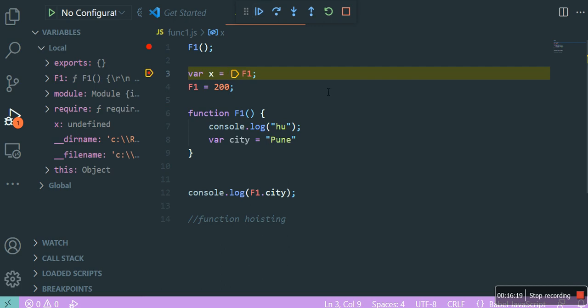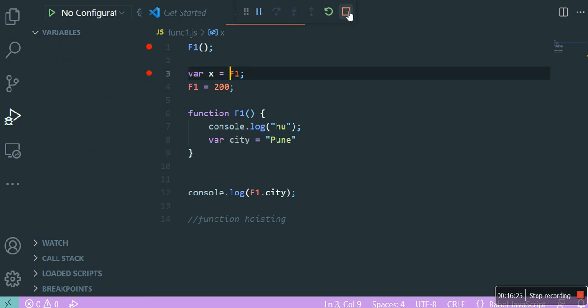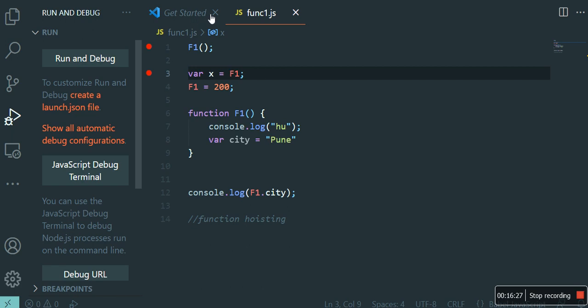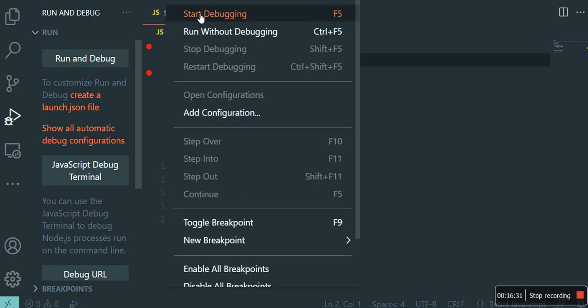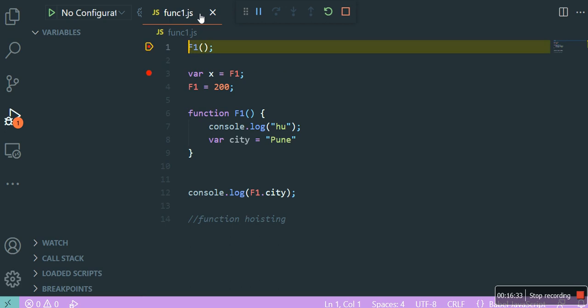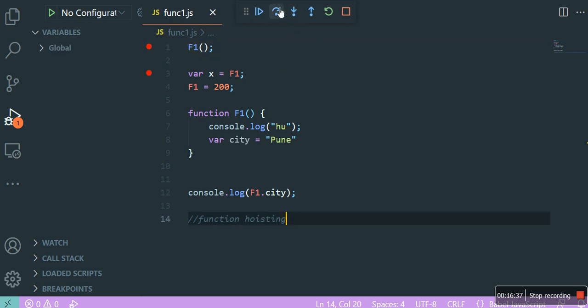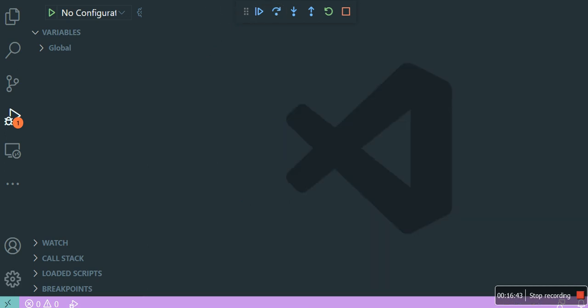Okay, so let's see. I am at line number 3. But why am I at line number 3? Why is it not stopping at line number 1? Just a minute. Run, start debugging. Yeah, line number 1. It is stopping, no? Let me close this thing. Something happens. Still debugging something.